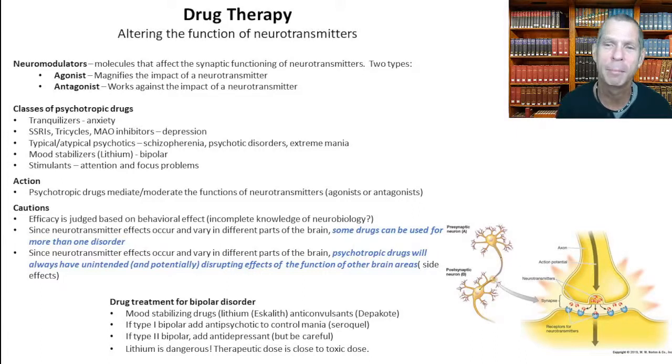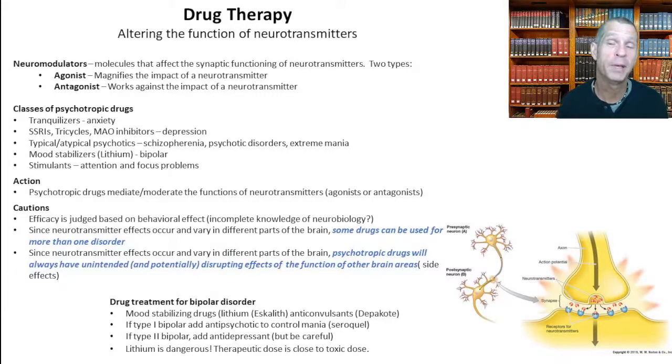Okay, now keep in mind when we give these people drugs like Seroquel, like Risperidone, like Xanax, these drugs diffuse through the brain barrier and they work systemically. What do you mean, Chris, when you say systemically? They work all over the brain. They don't just work in the neurotransmitter area that we want them to work in. They work all across the brain.